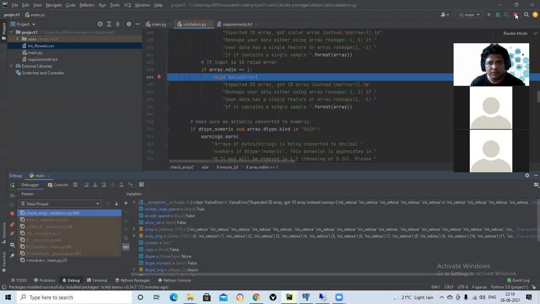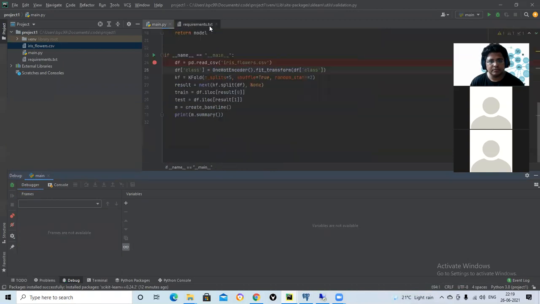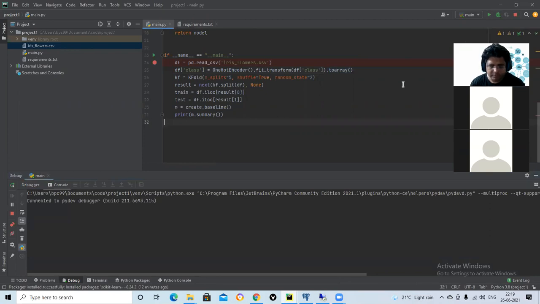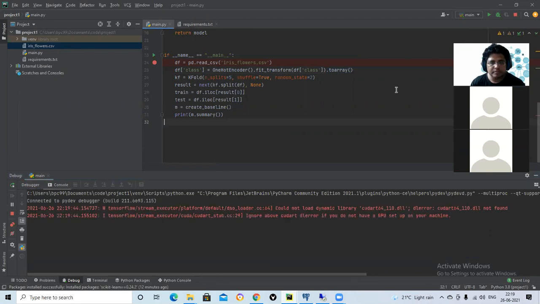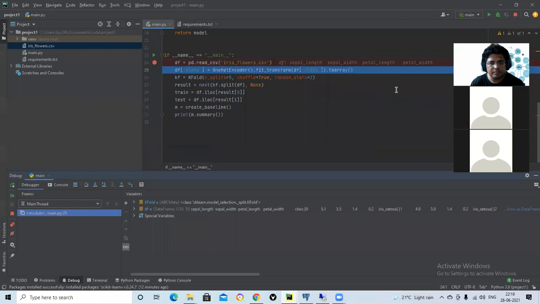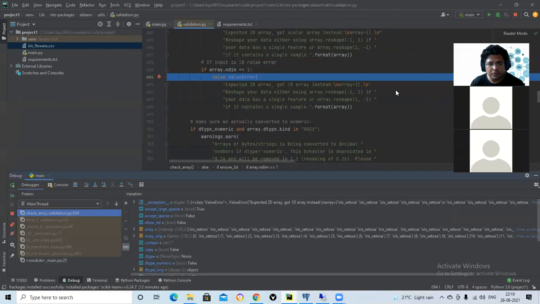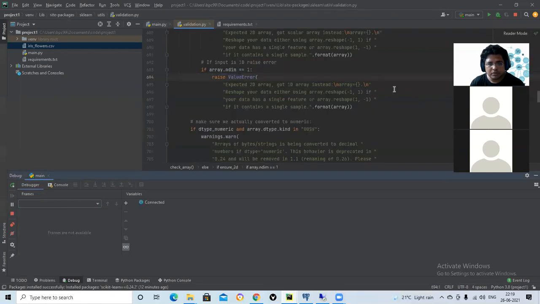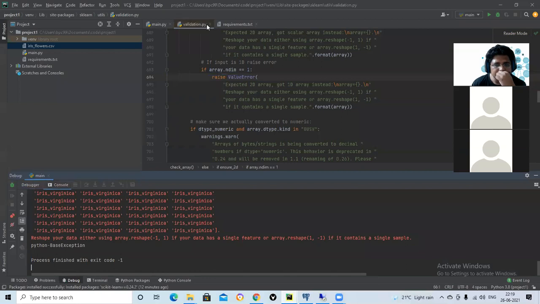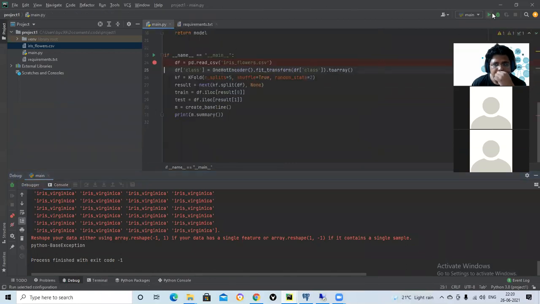Oh no. Expected 2D array, got 1D array instead.